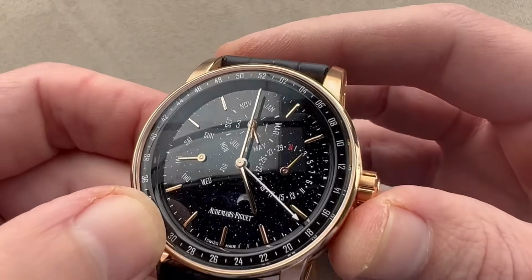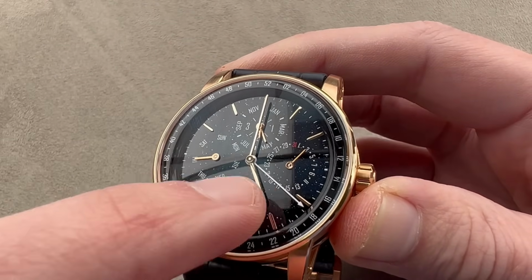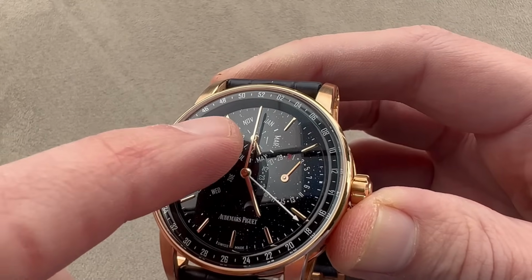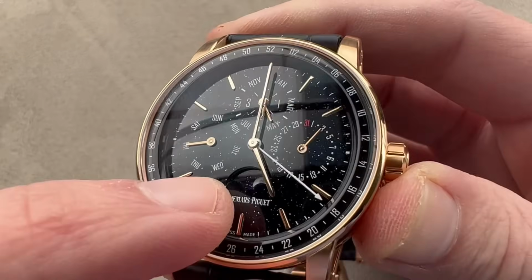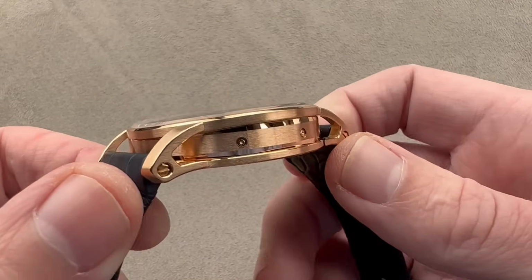Hands, indices, rose gold. Perpetual calendar. But we also have a weekly calendar, so you get the day, date, month, leap year, and the week of the year with a moon phase that has a photorealistic moon phase, and the wonderful Code 1159 case, which has